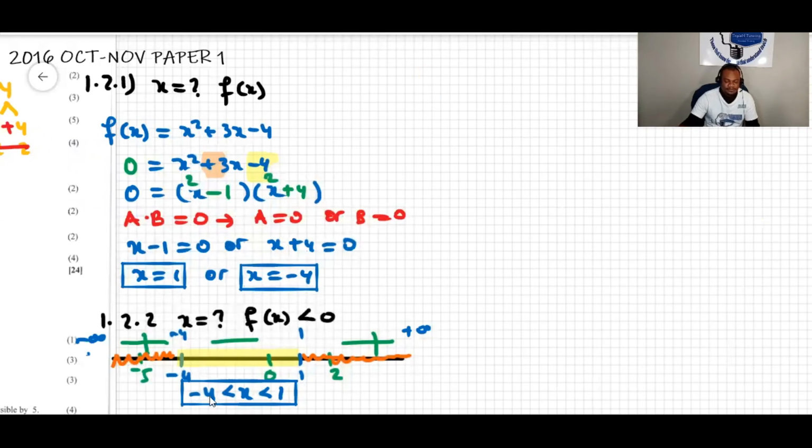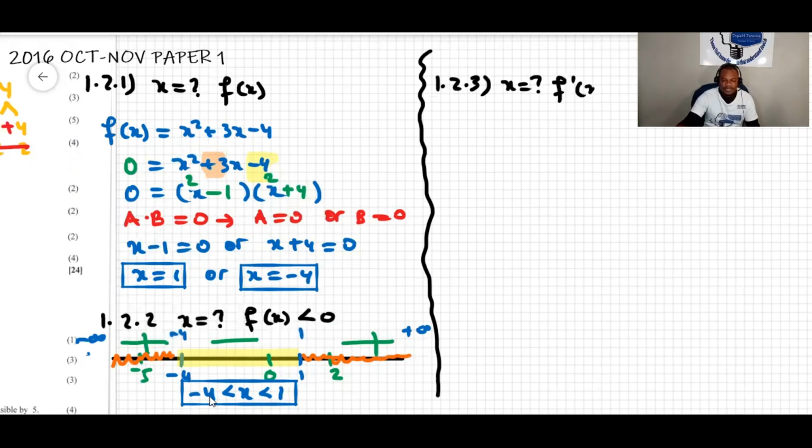So we need to find the values of x for which f prime of x is greater than or equal to